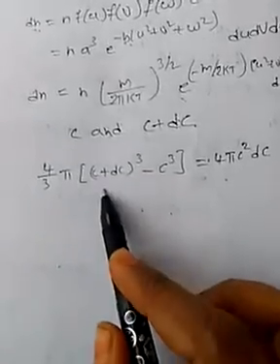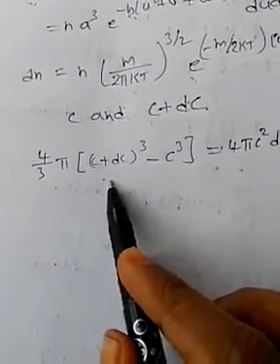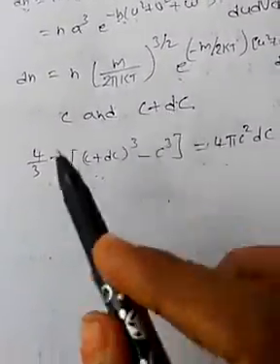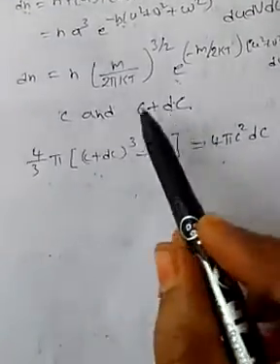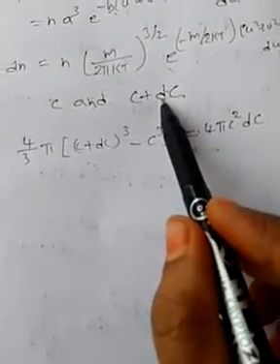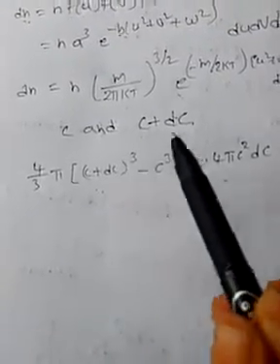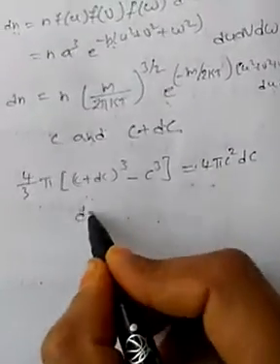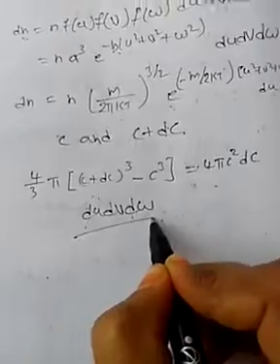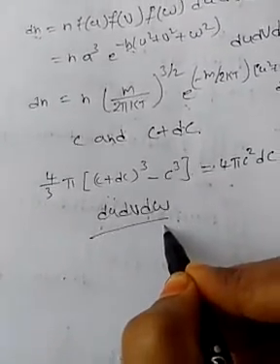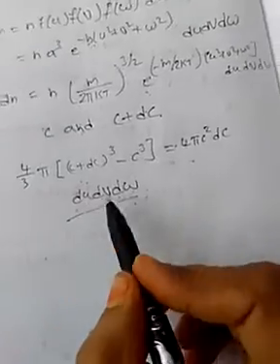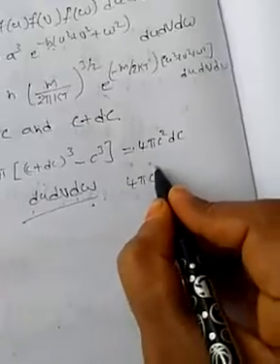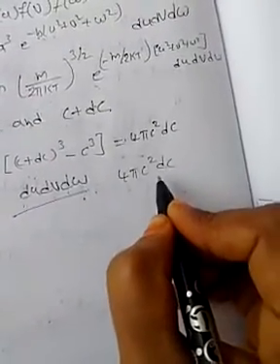And here it is the same as the so-called velocity volume du dv dw, the space between C and C plus dc of the spheres we are considering, with radius C and C plus dc, which are concentric spheres. The volume between those two concentric spheres is equal to the volume element du dv dw. Hence, in place of this du dv dw, we can substitute 4 pi c square dc.